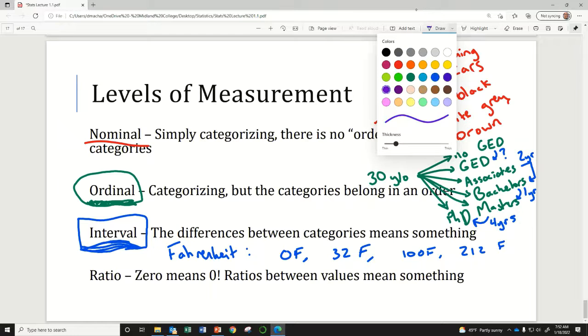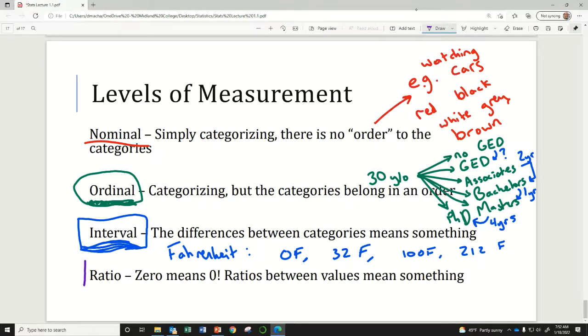And then finally, the best level of measurement, the thing that leaves us the most room for which we can do math and statistics with our data, is what we call the ratio level of measurement. Ratios actually mean something when we're talking about ratios between values. A good example of a ratio measurement might be